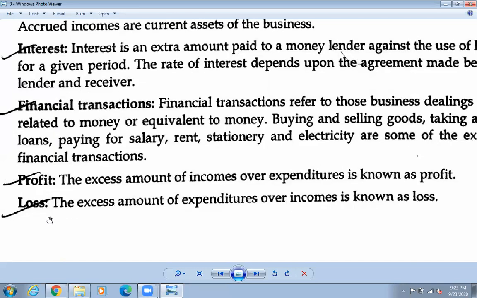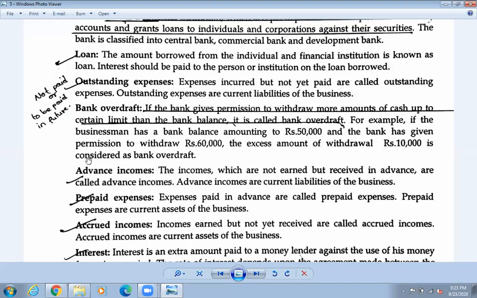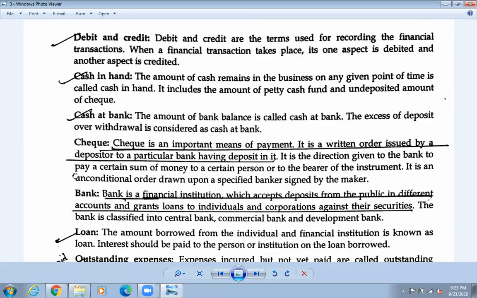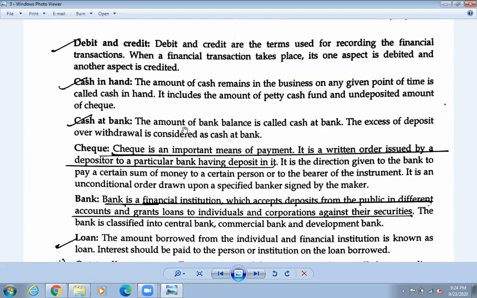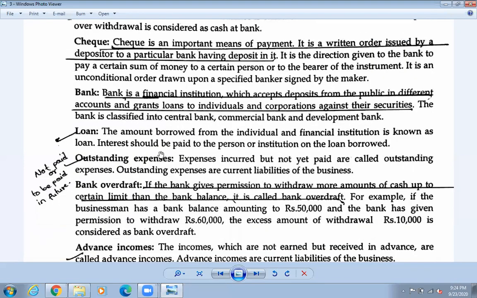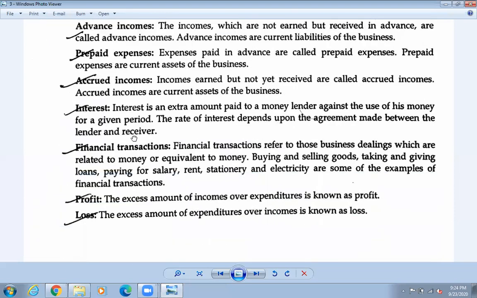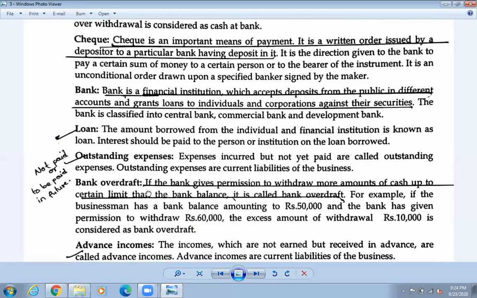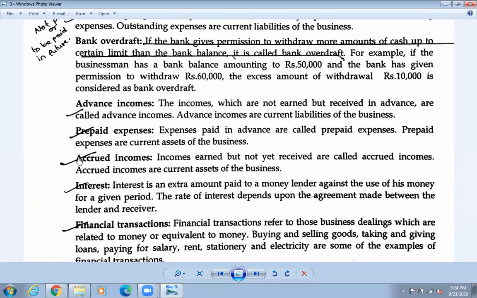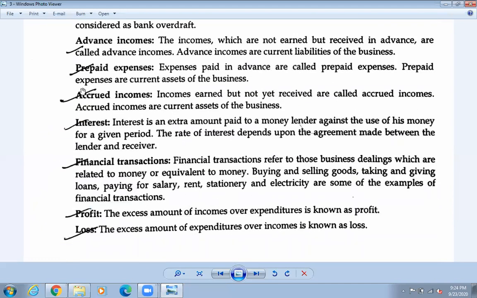Okay, so this was for today. I hope you have understood all the meanings, accounting terms and all. So please make all the notes and submit to me by Friday, Saturday. I'll take a copy. I think you will bring it on Tuesday. Yeah, bring it on Tuesday to submit a copy. If there's any problem related to any accounting terms, you can ask me later. And if you have not underlined, this tick means please write all the notes, all the terms.